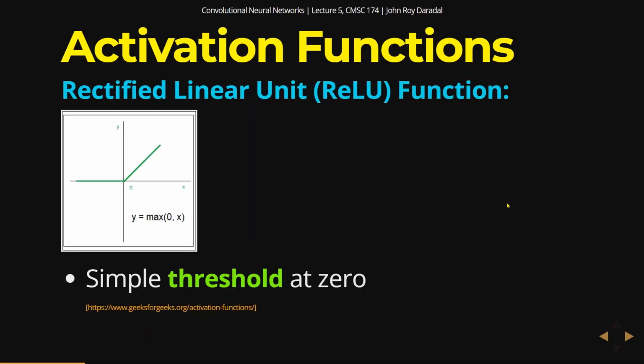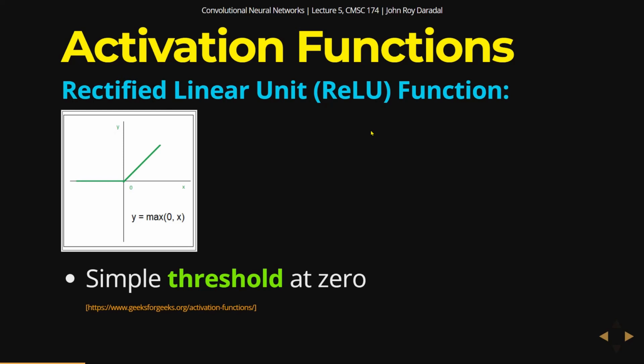Next, we have a simple activation function called ReLU, or the rectified linear unit, and it's pretty simple. If it's less than 0, then it will output 0, but if it's greater than 0, then it will output the same number. So y is equal to x if x is greater than 0, but if x is less than 0, then y is 0 as well. Okay, so you're basically thresholding it at 0. Okay, so everything dies at 0, and then the line continues